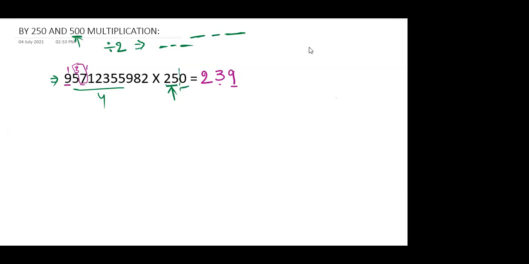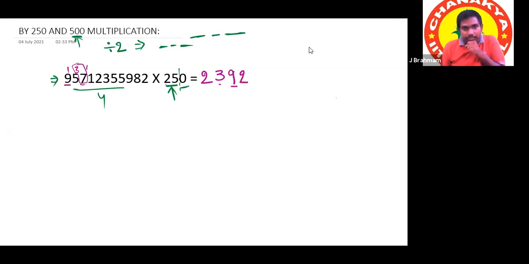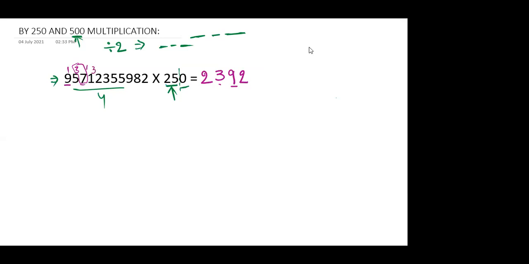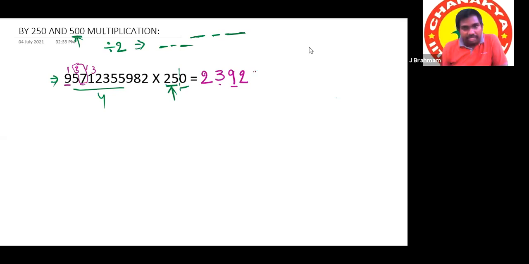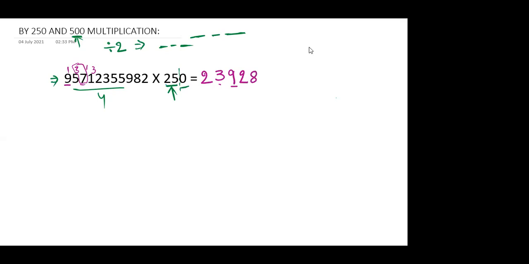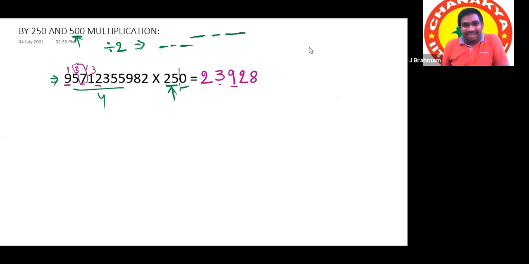Then 11 is left there. 4 2s are 8, and then 3 is the remainder. Now 32 is left over. How many times? 8 times, it is 32. Sir, I don't know why I am getting the 6 table in my mind again and again. Okay, 4 8s are 32, and that's all.